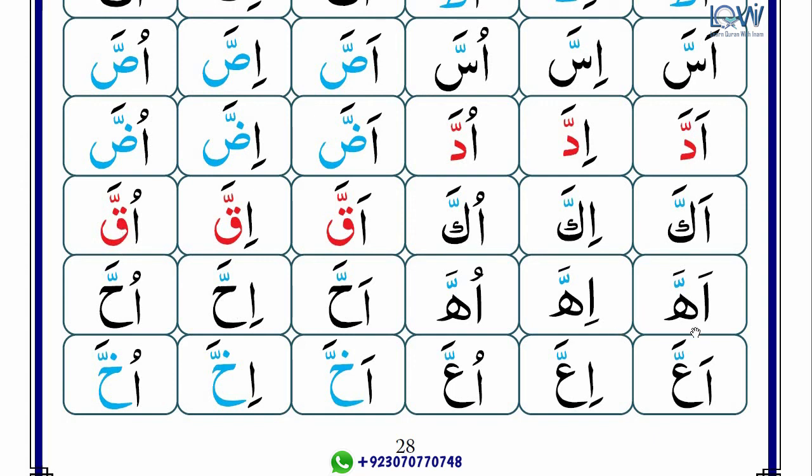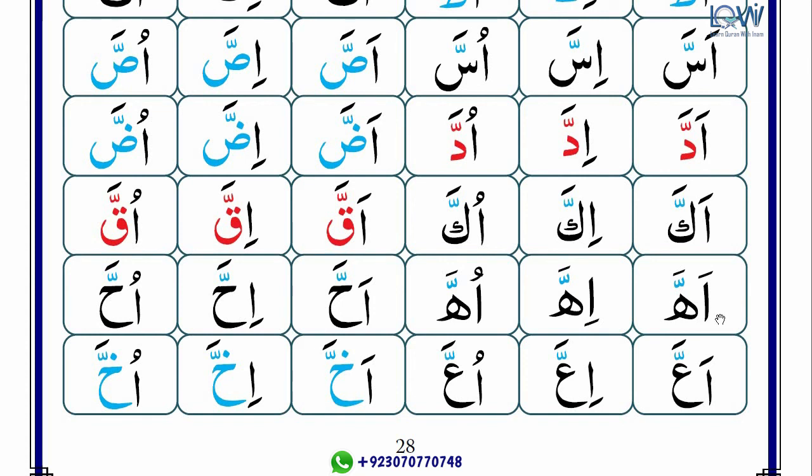Next letter is ha, and first of all I would like to tell you difference between these letters. This letter is ha. Ha, this letter is pronounced from bottom part of your throat with deeper sound, and this letter is ha. Ha will be pronounced from middle part of your throat with high sound. So these are different letters. They have different pronunciation, they have different sound, they have different translation. That's why we will have to make clear difference between these letters.